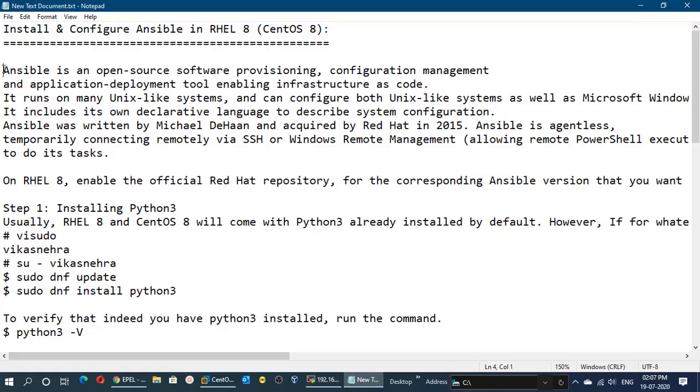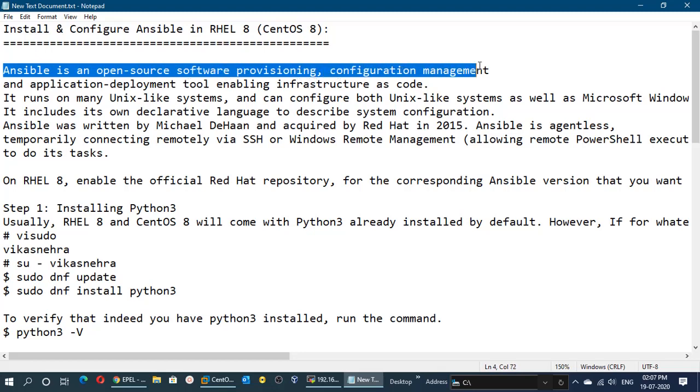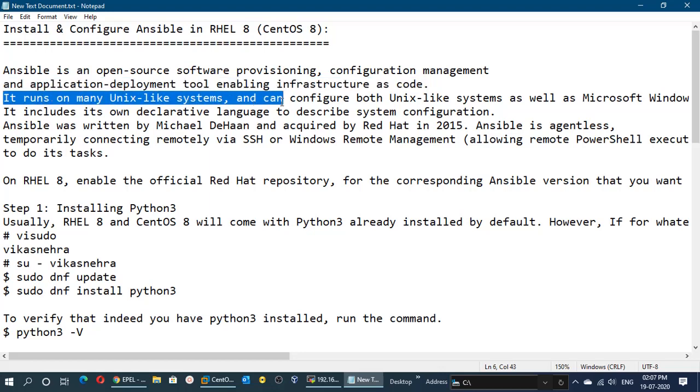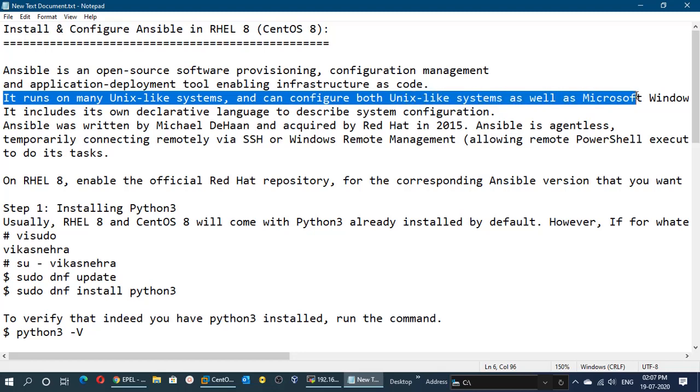Actually, Ansible is an open source software provisioning, configuration management and application deployment tool enabling infrastructure as code. It runs on many Unix-like systems and can configure both Unix-like as well as Microsoft Windows.